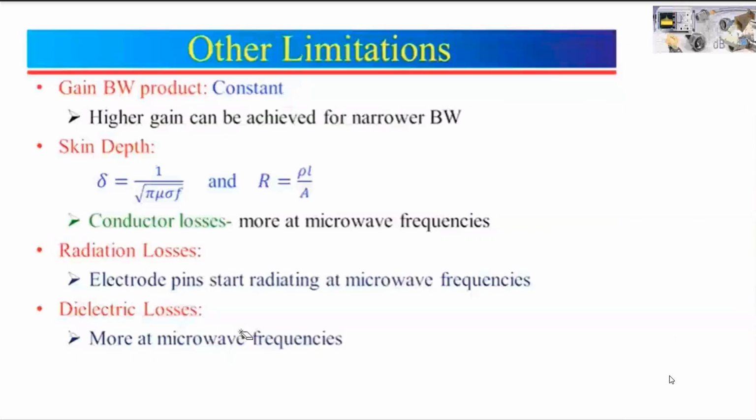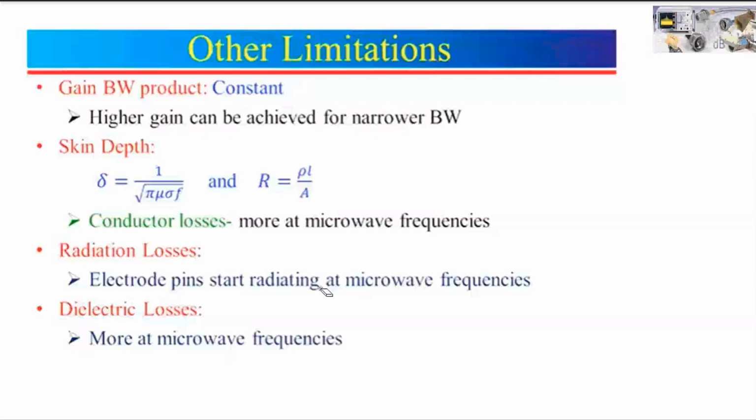Let us see another limitation, which is nothing but the gain bandwidth product limitation. As we know, at microwave frequency the conventional tube starts resonating, as we have seen previously. For a resonant circuit, the gain bandwidth product is constant. You have seen this in your analog circuits while studying feedback amplifiers. So to achieve higher gains, what should we do? We should compromise on bandwidth. This limitation of conventional tubes can be overcome by microwave tubes using reentrant cavities.